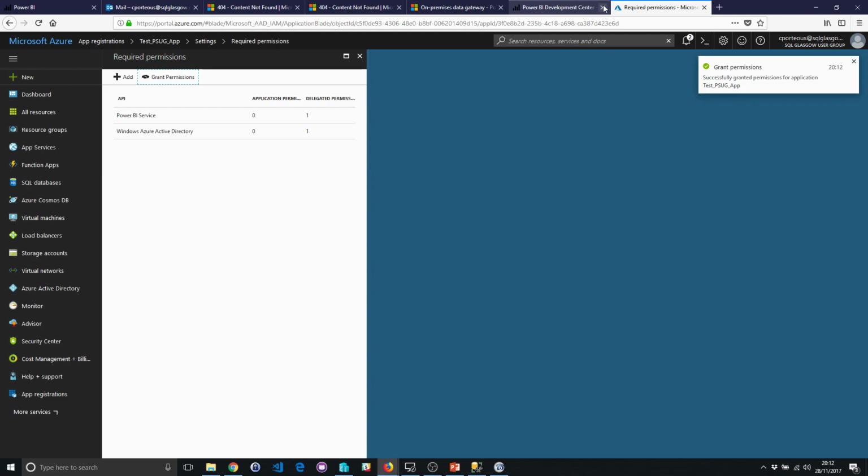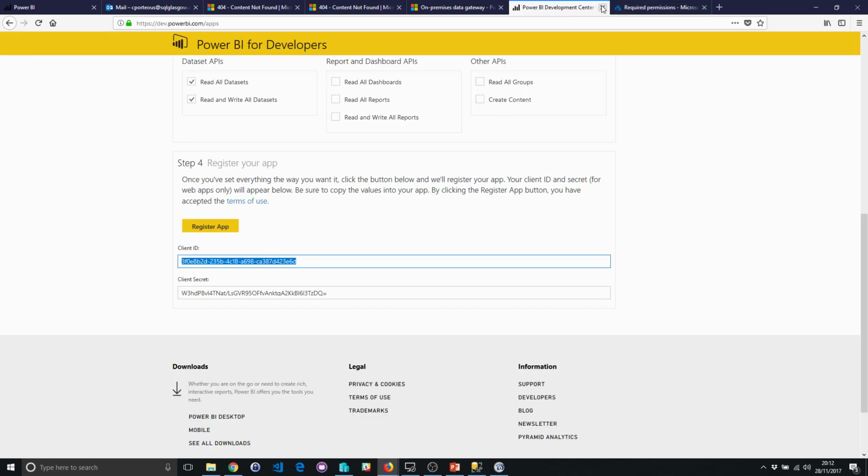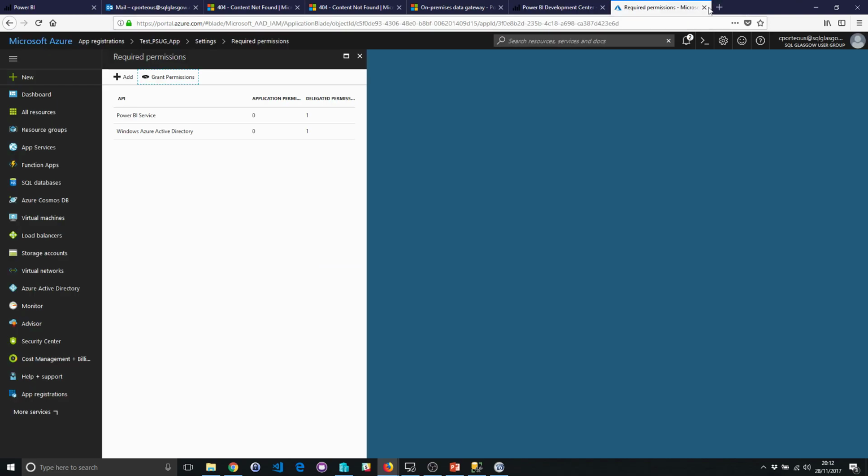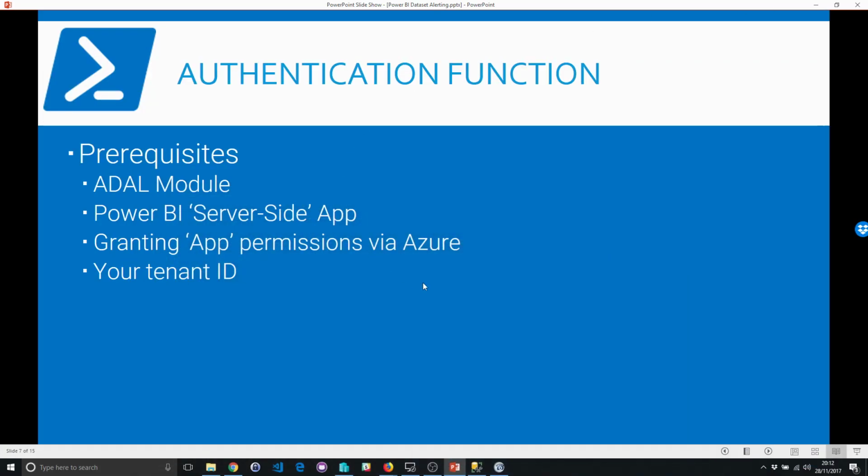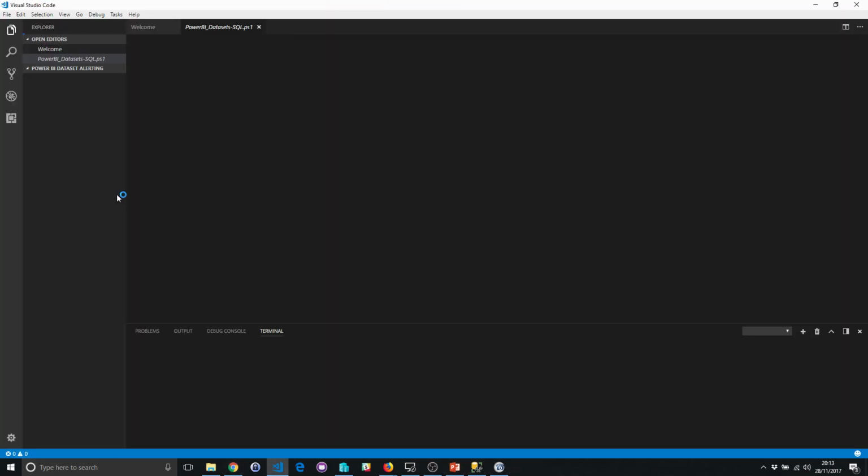So now you can step away from this page, assuming you've made a note of the client secret, and this page as well. So that's the authentication requirements, and the ADAL module is handled within the PowerShell script that I've created. These other parts, as you've seen, need to be handled through the web page. So if I open up the scripts,